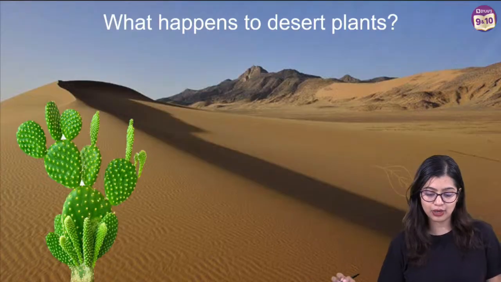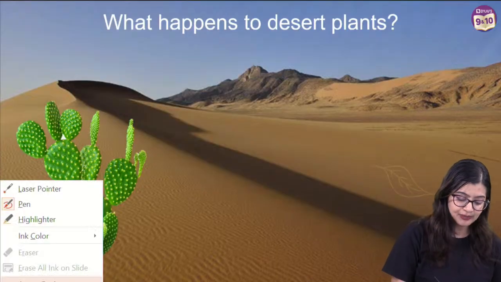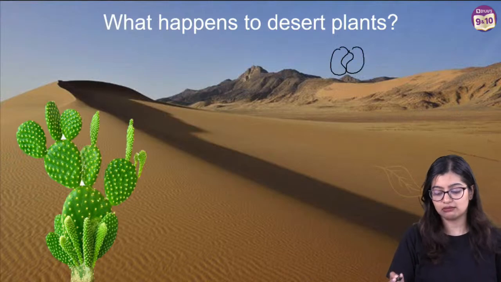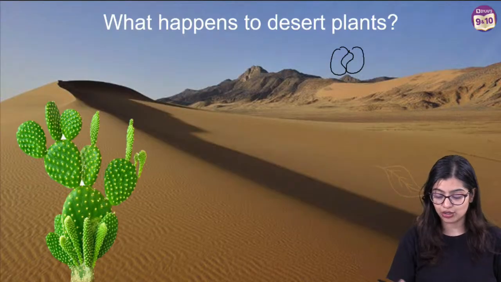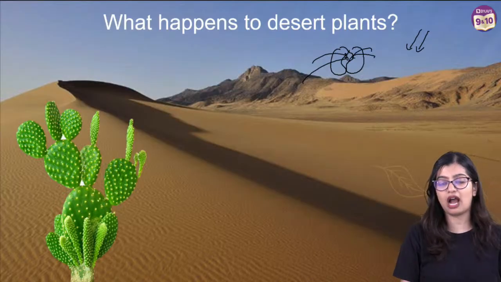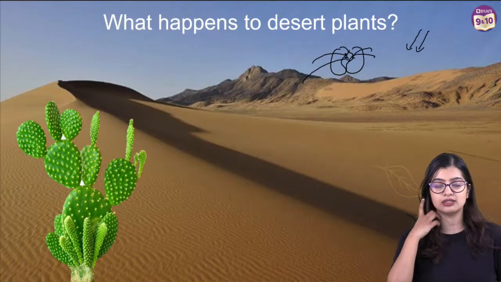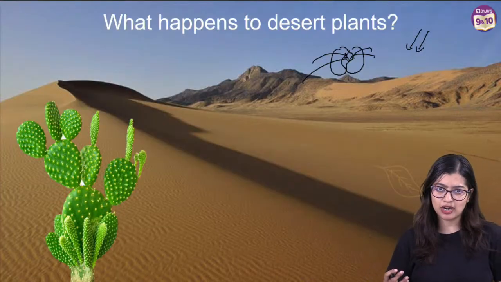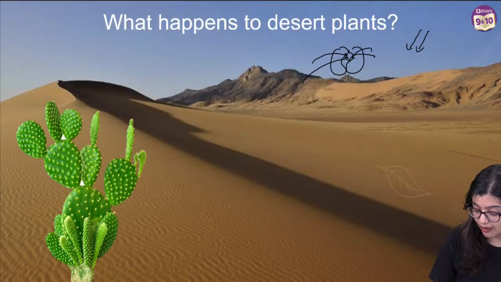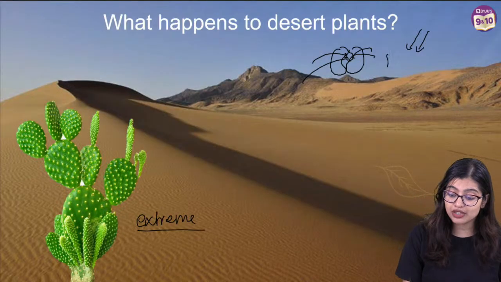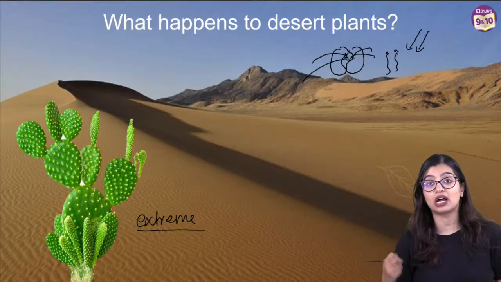Now the last topic that we're going to do is the concept of desert plants, right? In most cases, we know that during the day is when photosynthesis happens because light energy is a must. During that time, sunlight is available, stomata is open, carbon dioxide enters, all is happy and good in most normal plants, right? But in the case of desert plants, what happens? Desert plants are found in places with extreme climatic conditions. That means that if the stomata is open during the day, a large amount of water will also be lost in the form of transpiration.